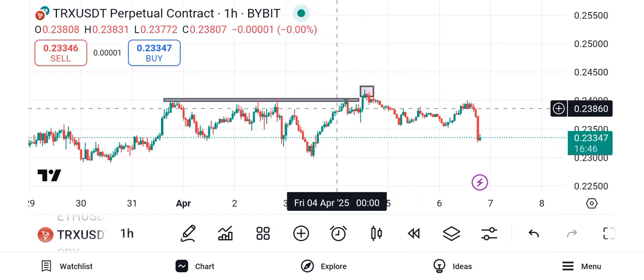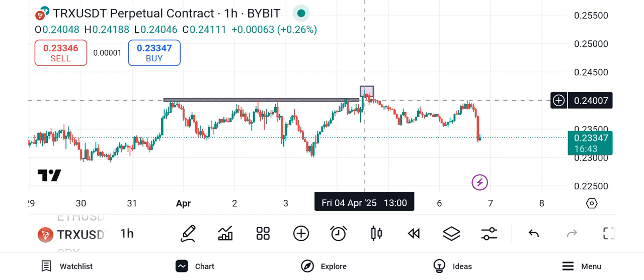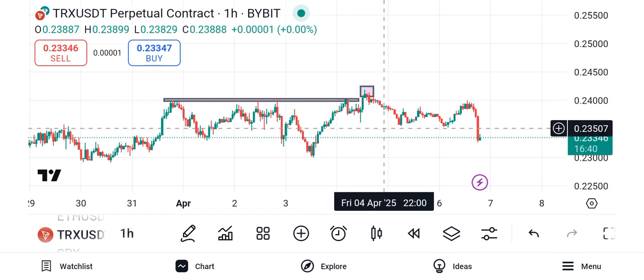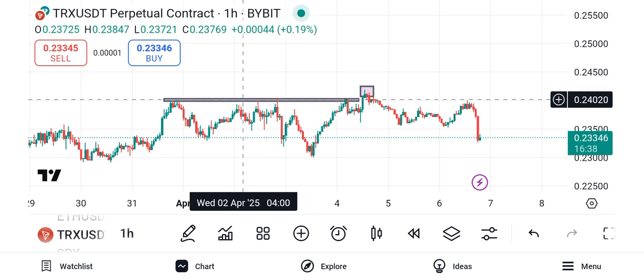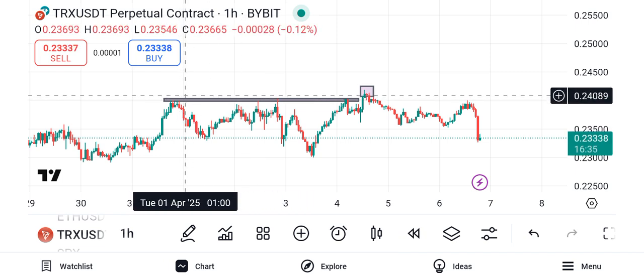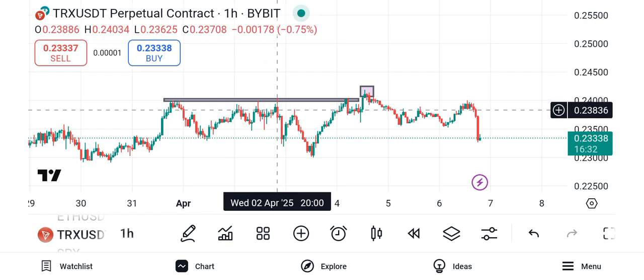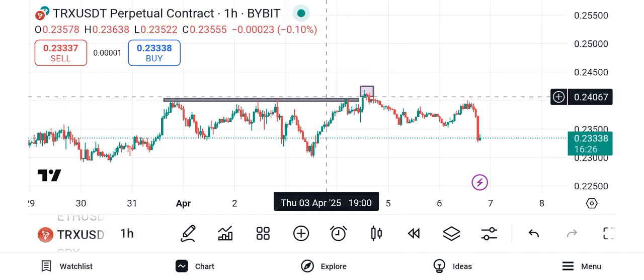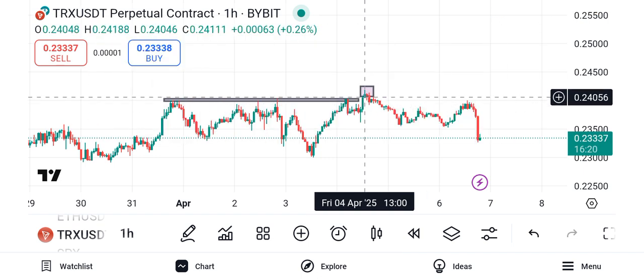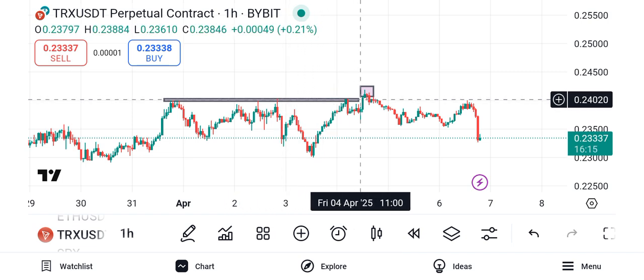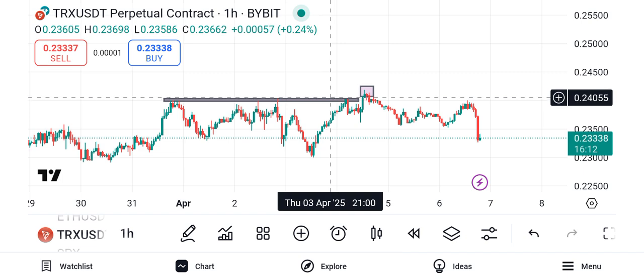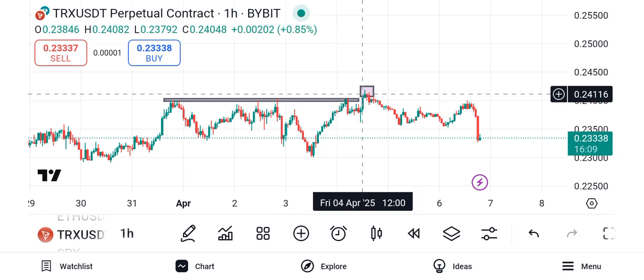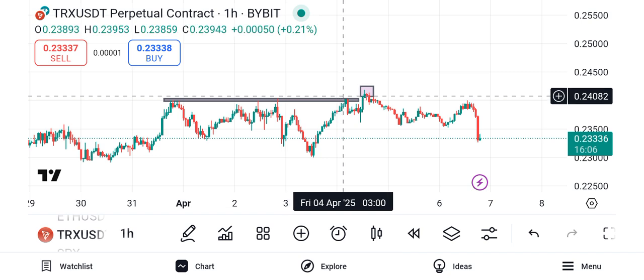There are a bunch of sellers waiting for this market to come back to this area for them to sell, right? And they must have put their stop loss just above this zone right here, because this is where the market usually comes and it falls back down. So they must have put their stop loss above here like this, right? But what happened? The market came to that zone and they took out all the liquidity right here by trading above the resistance zone. You can see it manipulated, took out all the sellers right here,